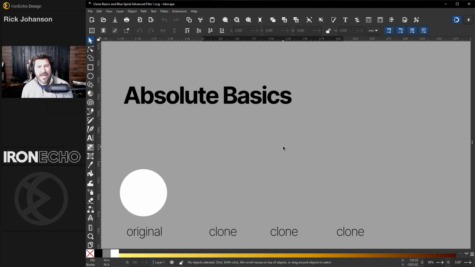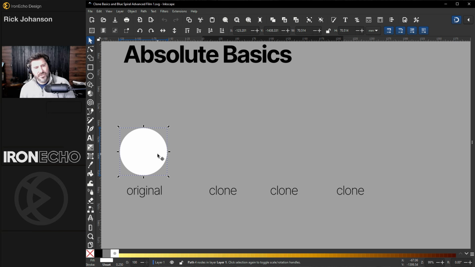All right, so let's get into the absolute basics. This is just an object. Don't worry about anything past. It's just an object. Happens to be a circle. If we want to clone it, you go to Edit,